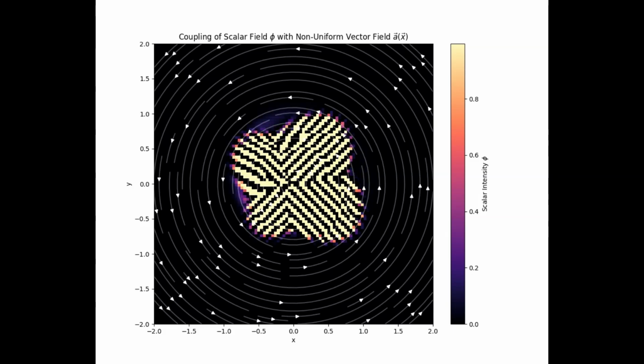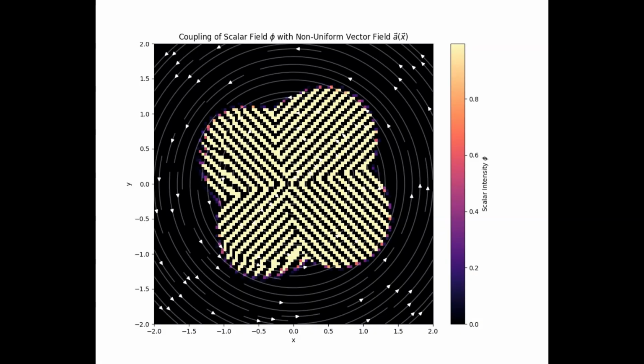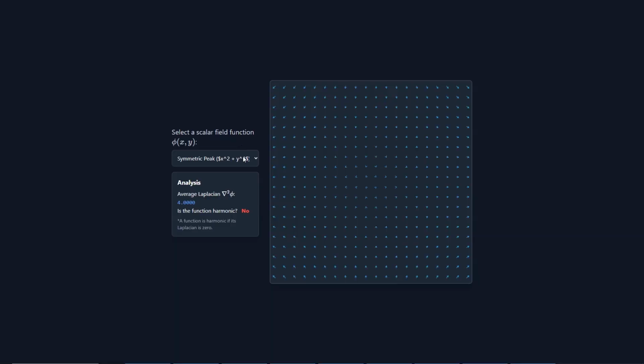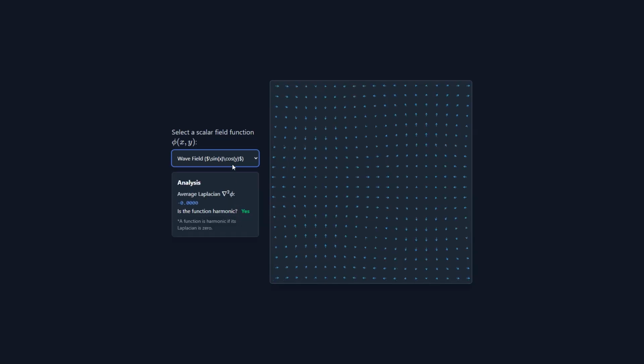Stretching and shearing. In a visual simulation, you can see this coupling in action. A simple pulse of heat placed in a whirlpool vector field will be stretched and sheared by the flow. A balancing act. The mathematical identity acts as a balancing condition.